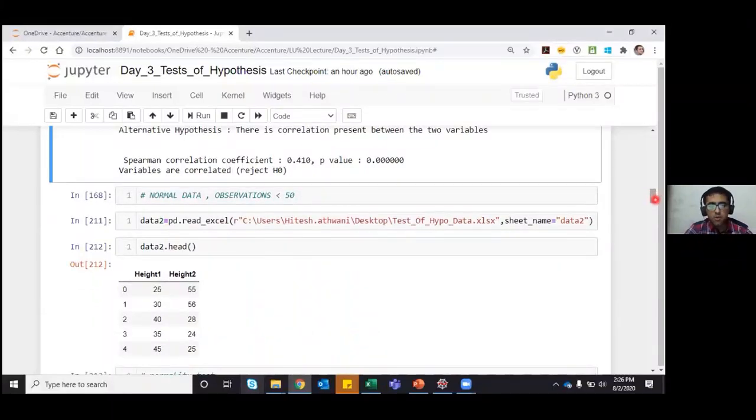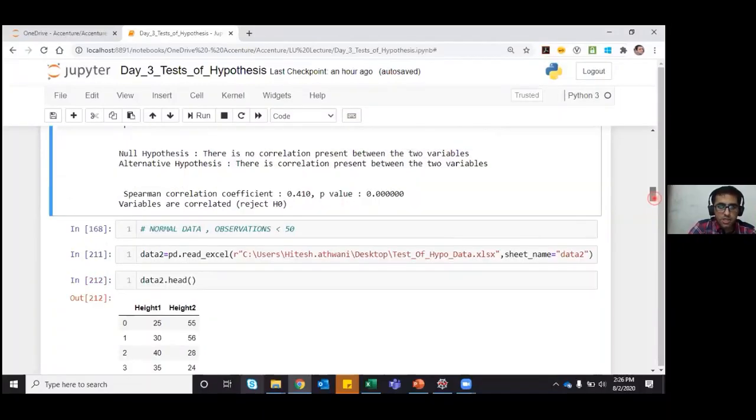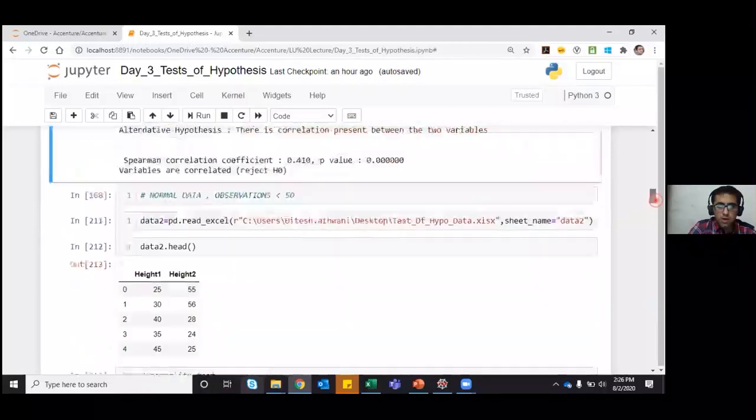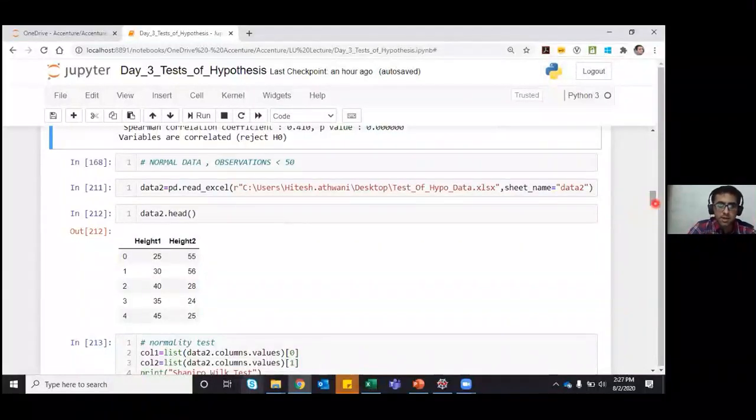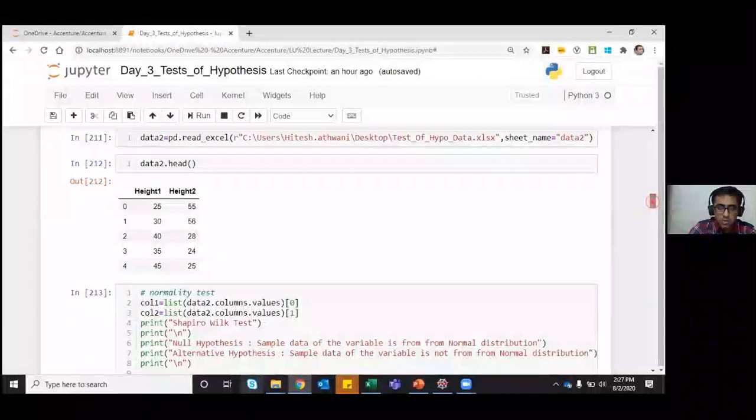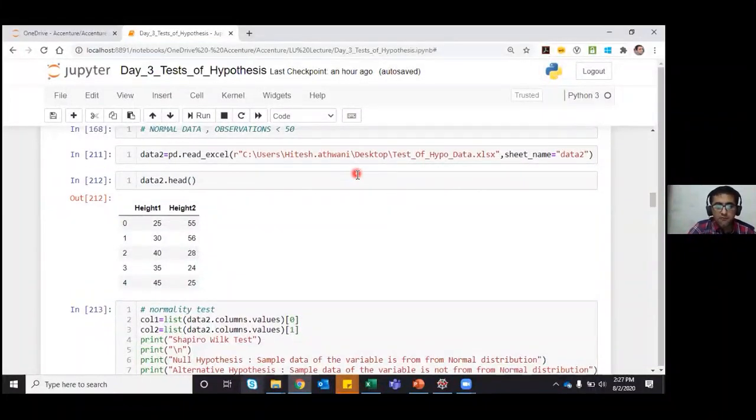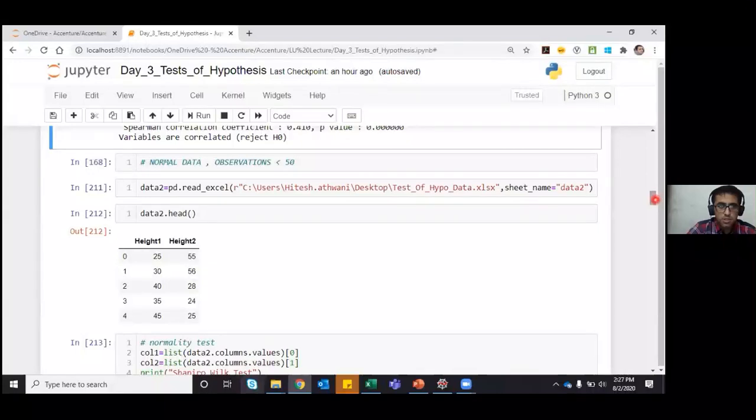For all those who are facing error in Spyder for KS test, you must be typing some command incorrectly. So what you can do is, because it is working fine in Jupyter, instead of facing that error, you can just open your Jupyter notebook and start working on that. There's no problem. First, try to understand. You can execute the commands later on as well. First, you need to understand when and where these commands are used and how to use them. Executing them is not a big task. First, you need to understand when we have to use these commands and what is the syntax behind that. Please pay attention to that first.